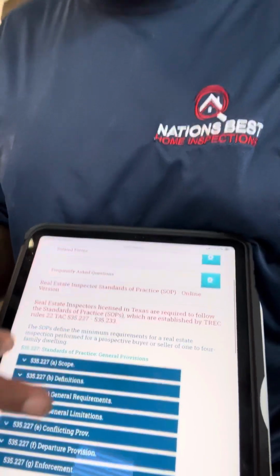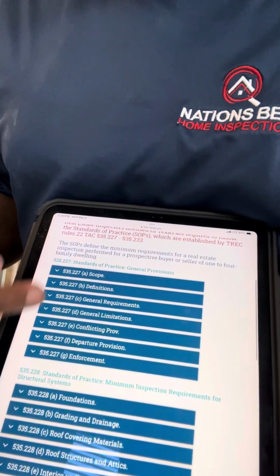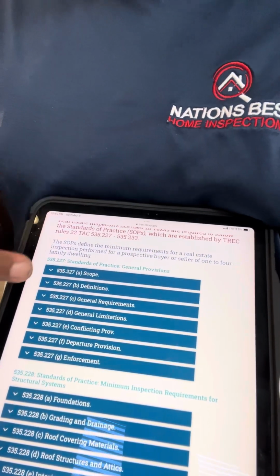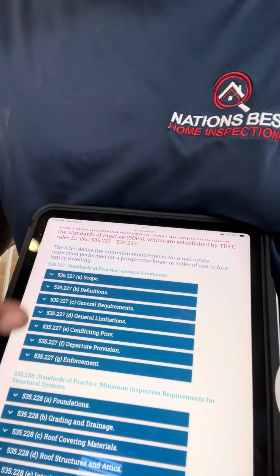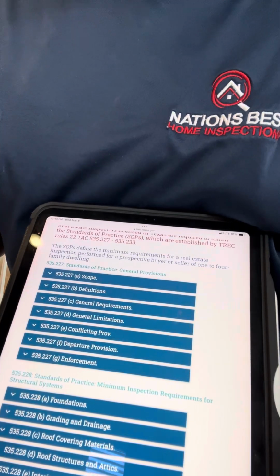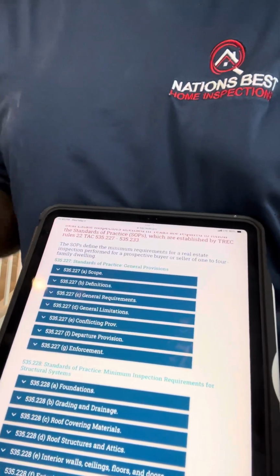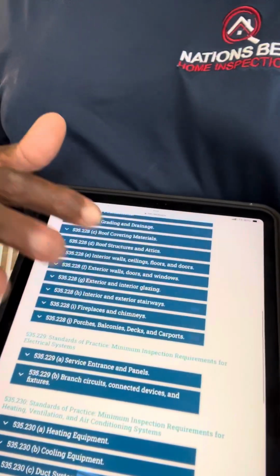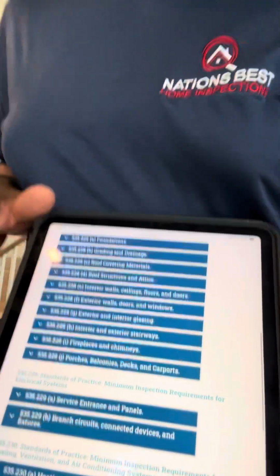Here it breaks it down page by page, or section by section, with limitations, what's required for foundations, electrical, roofing, HVAC, etc. All of that information that the state of Texas requires is right there at the tip of your fingers. Just go to